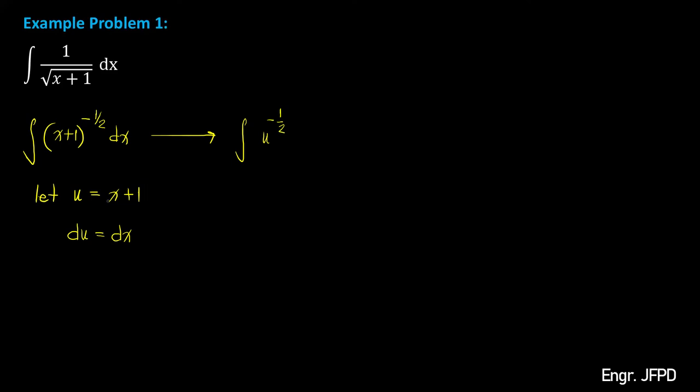Then for our dx, take note that this is equal to du. Then, applying the power formula, which is for the integral of u raised to n du, wherein our n is any integral exponent except -1, this is equal to u raised to n plus 1 over the n plus 1